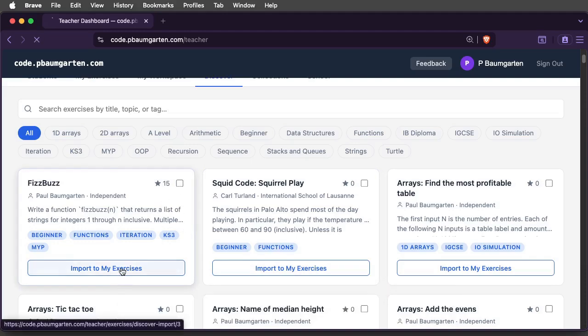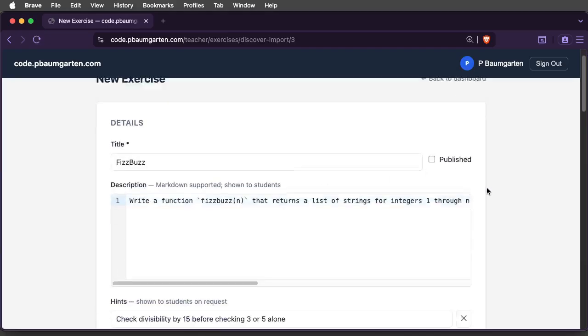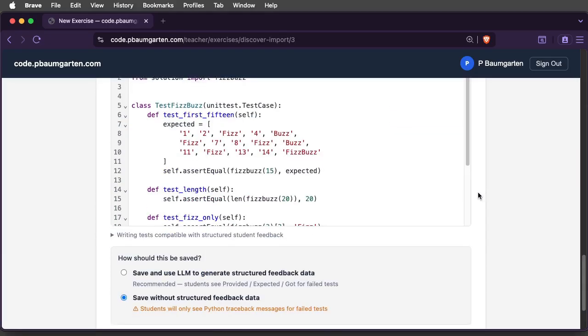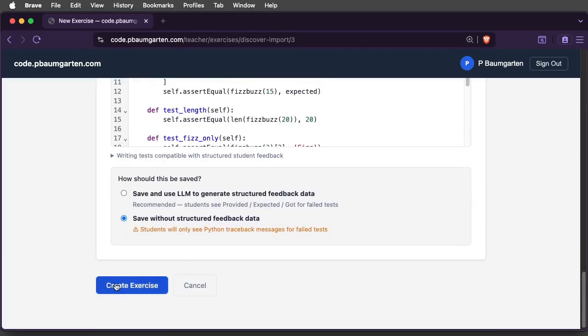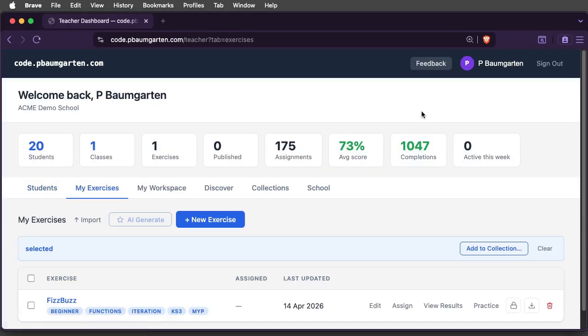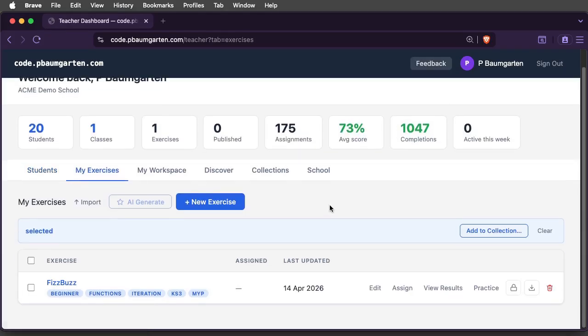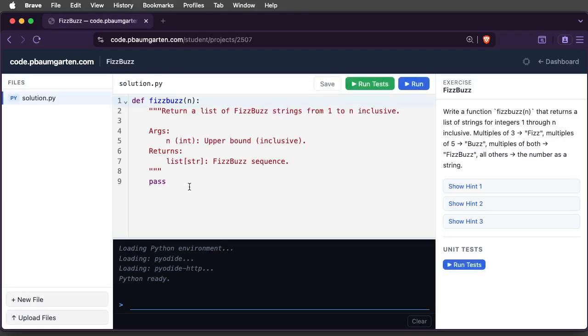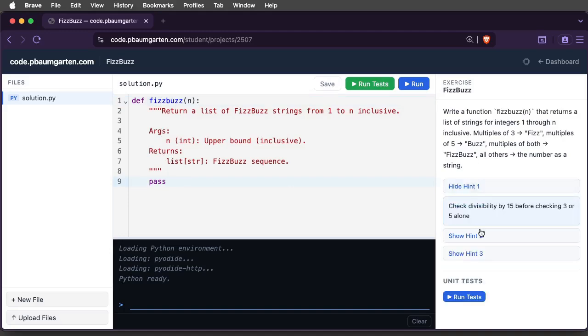So if I import FizzBuzz, for instance, I can see everything is there, and it gives me an opportunity to edit it before importing it into my set of exercises, in case I want to modify it and come up with my own version. And then I can practice it and demonstrate on screen in front of my class, working through how to do this kind of exercise. I can see the hints that are available to the students,